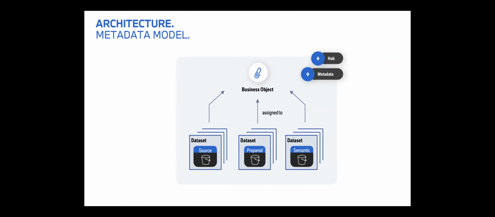So we are using the source, prepared, and semantic layers, and those only provide you guidance on the maturity level of that data set. For example, the source data set is really raw from the database, prepared is a little bit technically cleaned, and semantic is far away from the original storage and more oriented towards analytics purposes. And in addition to that, of course, we store some metadata, and we also have the hubs in the background, which are the tenants on our platform.